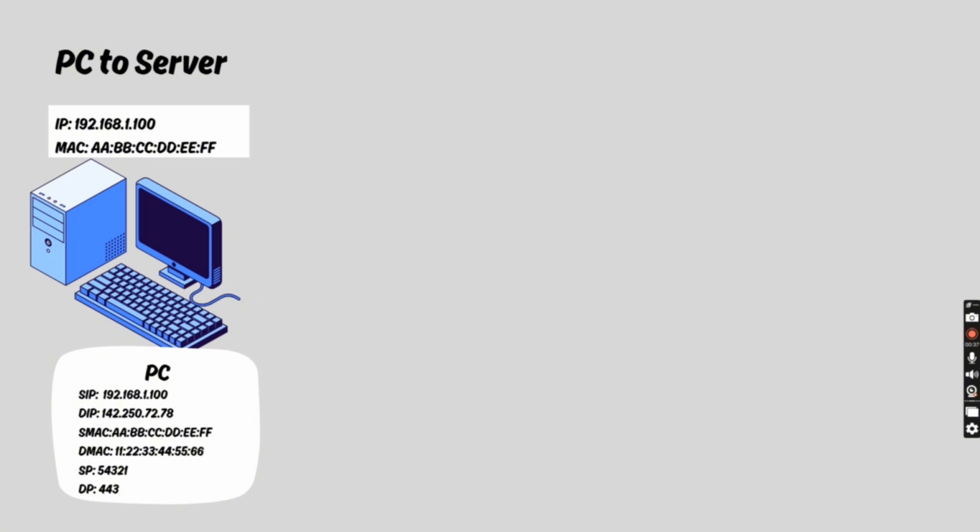142.250.72.78. Since this is an HTTPS request, the PC selects a random source port, which is port 54321, while the destination port is 443, which is the standard port for HTTPS. The packet's source MAC address is the PC's MAC, AABBCCDDEEFF, and the destination MAC address is the MAC of router 1, the